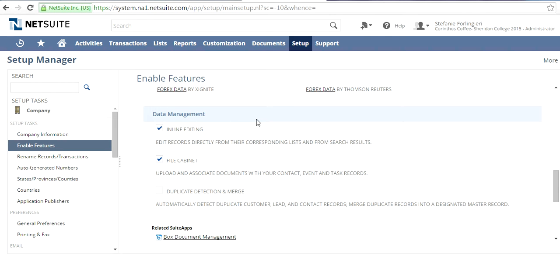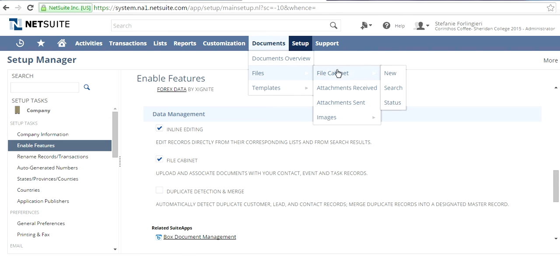Okay, under data management, I think we talked about this, the filing cabinet, which I thought was probably one of the greatest things that I found about NetSuite. Under documents, filing cabinet, you can upload data, documents, emails, anything that you feel is a really important document that you might come back to and you want to have quickly and easily accessible to you within your ERP,